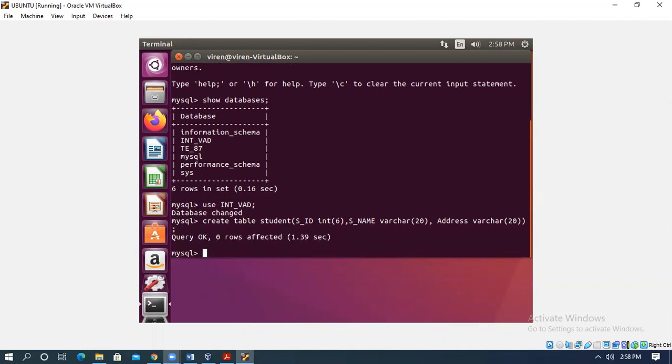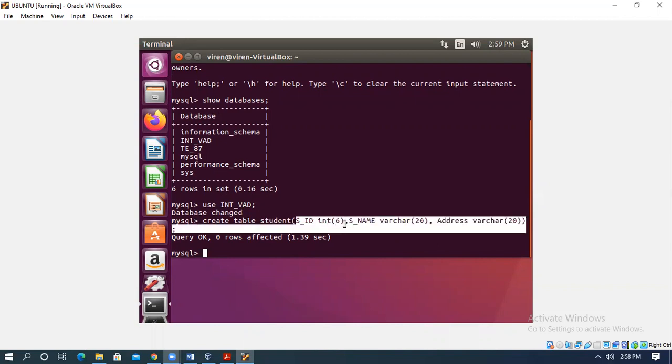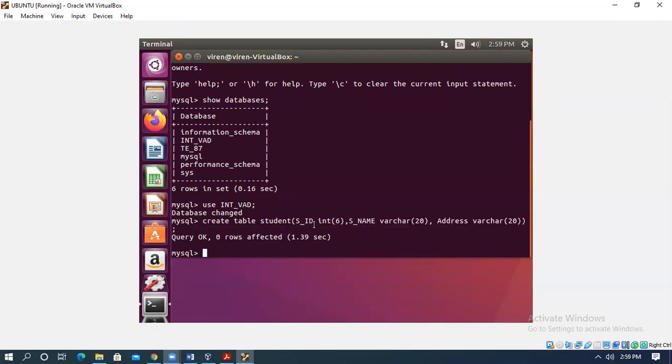Okay, so this is the command for creating a table inside the database. Create table, table name, inside brackets the first attribute: the name of the attribute, data type, and inside brackets the size.